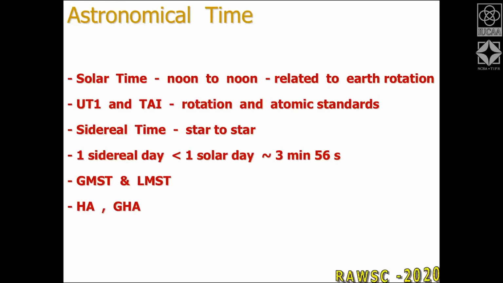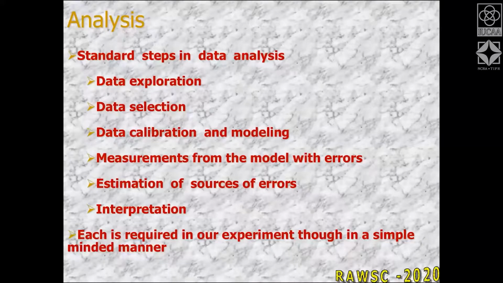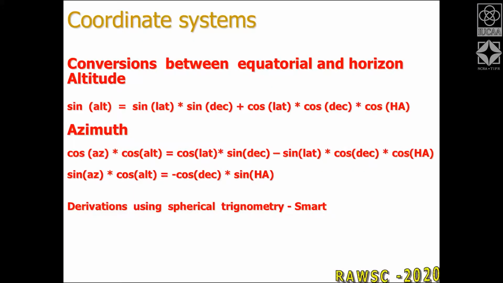And if you know the right ascension of the star and you know the sidereal time, the difference between the two is called the hour angle, which can be negative or positive. And as the earth rotates, the hour angle is going to change. So we have implicitly put the time in the hour angle, and that is what goes in these coordinate transformations here to get the altitude and azimuth. Okay. So I hope I have explained the coordinate systems to some reasonable degree. Are there any questions before I move to something else?